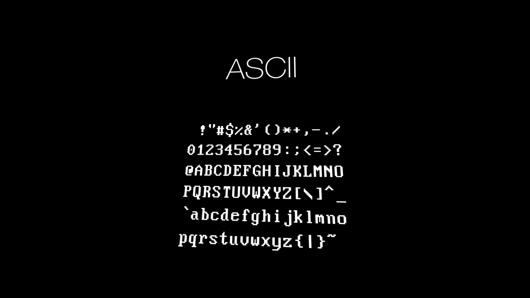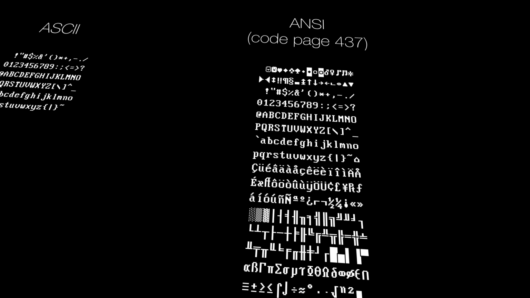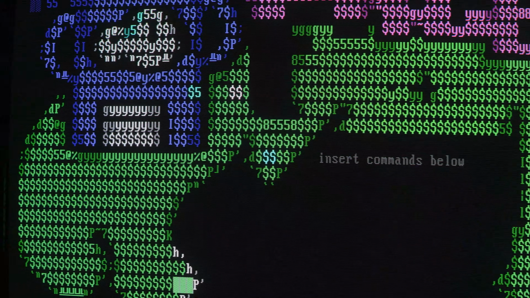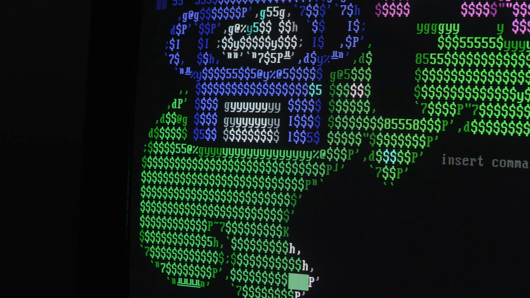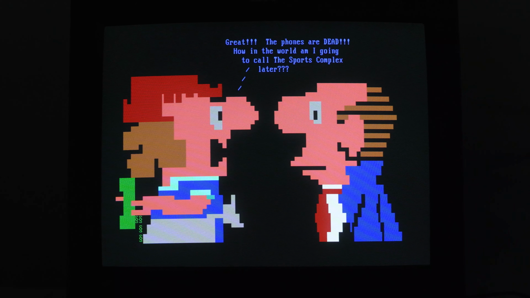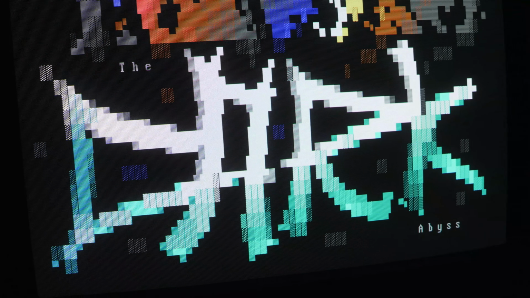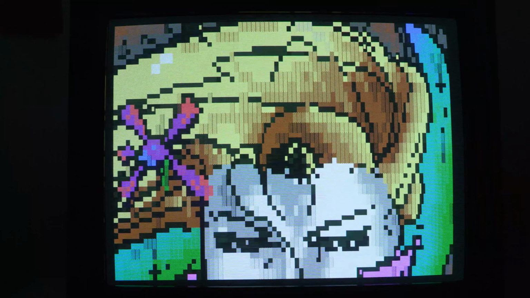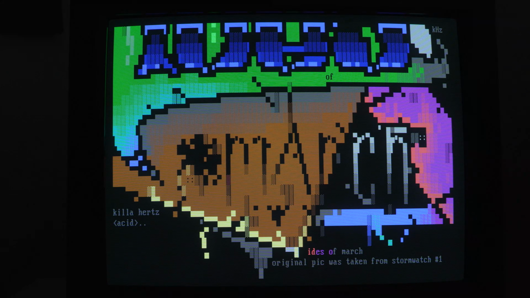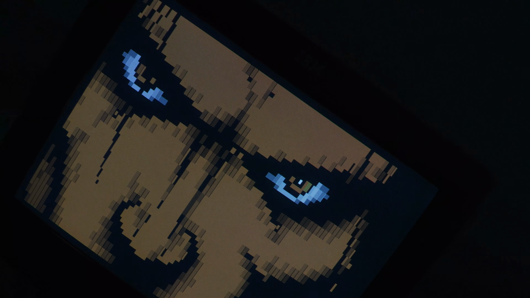ANSI and ASCII art, so called for the different character sets they represent, quickly became a popular method of customizing a BBS. What started out as simplistic illustrations soon evolved into an entire genre of art, bringing the styles of street art, abstract, comic, and everything in between onto a completely new digital medium. Artists took these colored blocks and characters to incredible heights, creating multi-page masterpieces that defied belief.